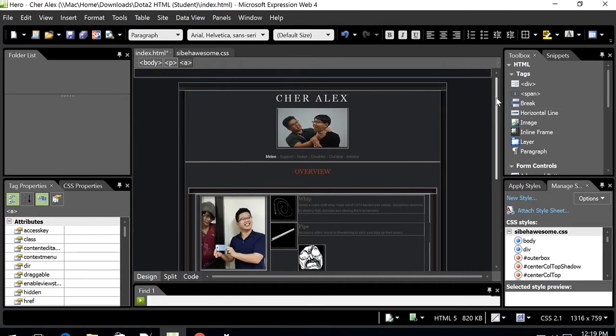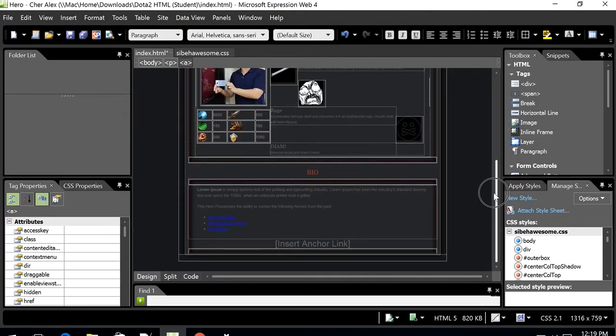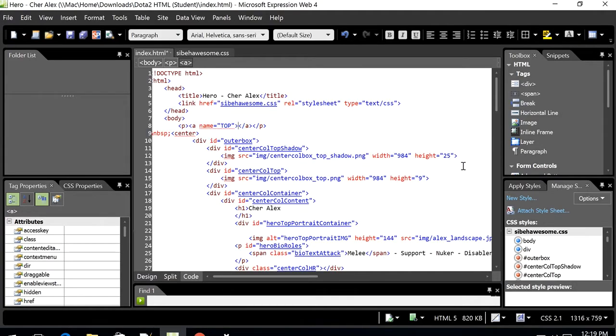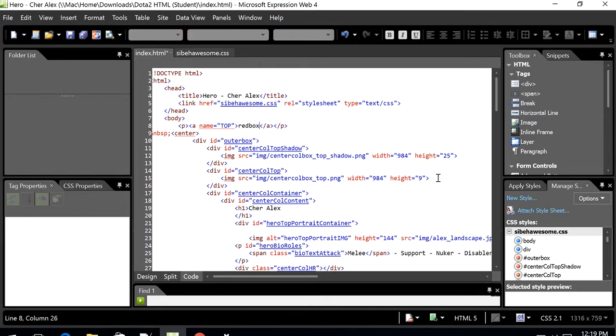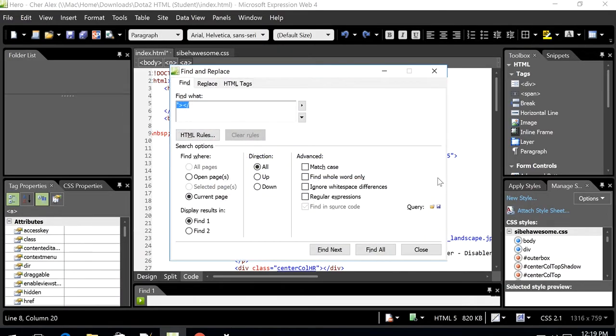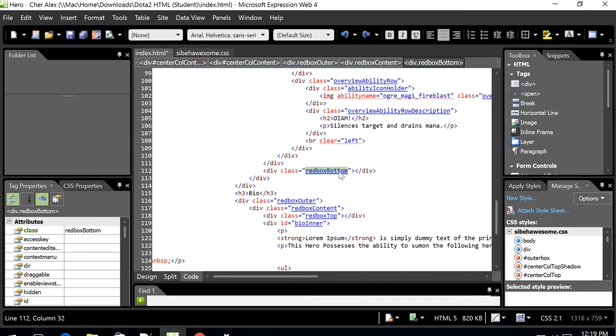Now we're going to go right to the bottom and look for a division box called red box bottom. I'm going to look for red box bottom. Sorry, Control F, red box bottom. There we go. In here, we need to then insert a third level heading with the text called